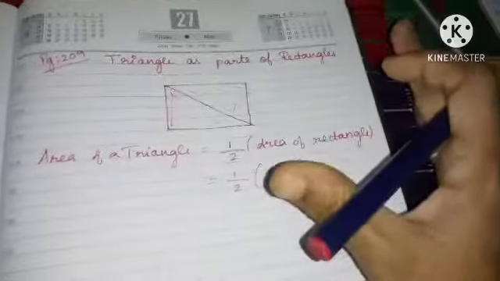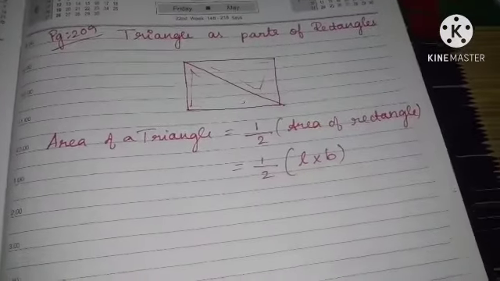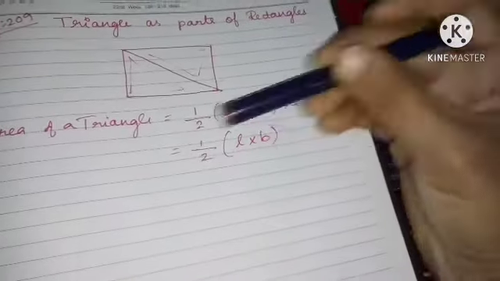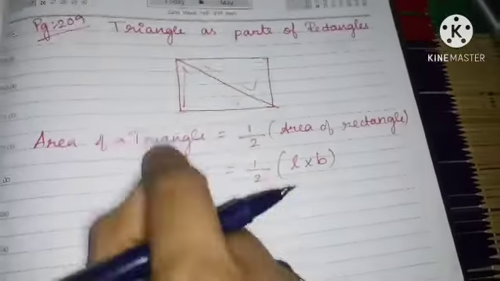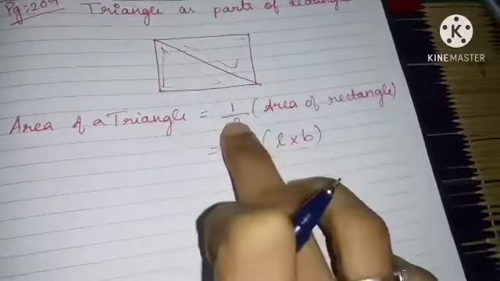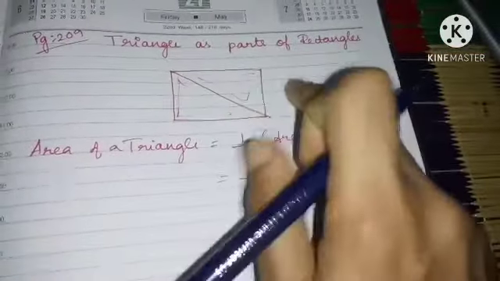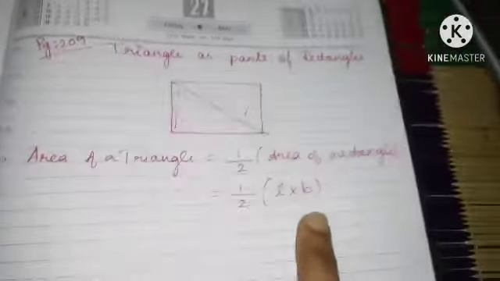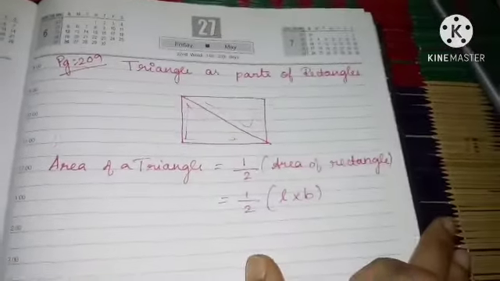So if you want to find the area of the triangle, half into length into breadth. Okay, but the actual formula of the triangle we will be discussing later. The meaning is you will multiply two sides of the rectangle and take half of it. So the area of a triangle is nothing but half of the area of the rectangle. Rectangle is nothing but two sides multiplied, so I have taken length and breadth here. It may differ; sometimes it will be base into height based upon the naming of the figure. But in the textbook it is given like that.